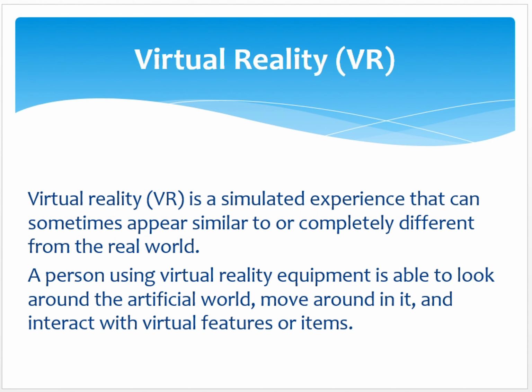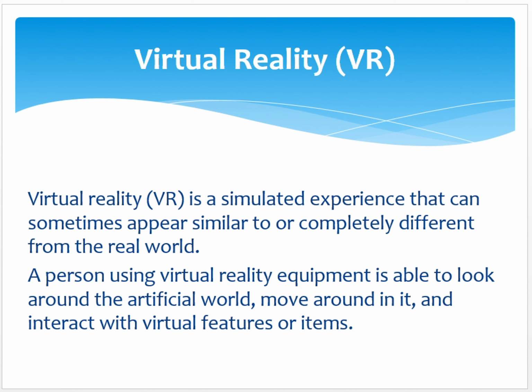Like someone wearing VR goggles, they're able to get into another simulated environment where they could be watching a movie, fighting virtually, driving, or watching some animation. It's called VR. It's also an element in artificial intelligence. So you move around that artificial world and interact with the items in that world,